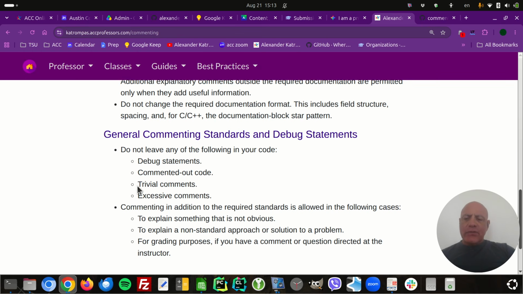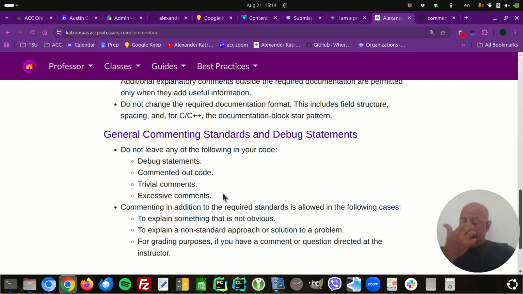In fact, if you have to write trivial comments, it probably means you're coding incorrectly, because you're supposed to write your code so that it reads and you can understand it. So if you have to write a comment on every line to explain your code, that means your code is probably bad, or it means you're probably just over commenting. Okay, so we don't comment every line. We don't write trivial comments. The rule is you only comment when you have to, when it's necessary.